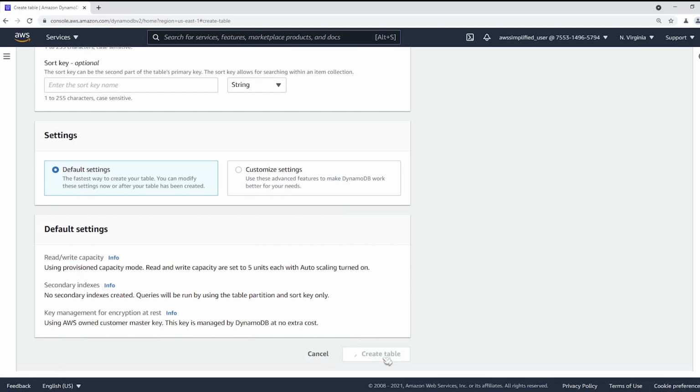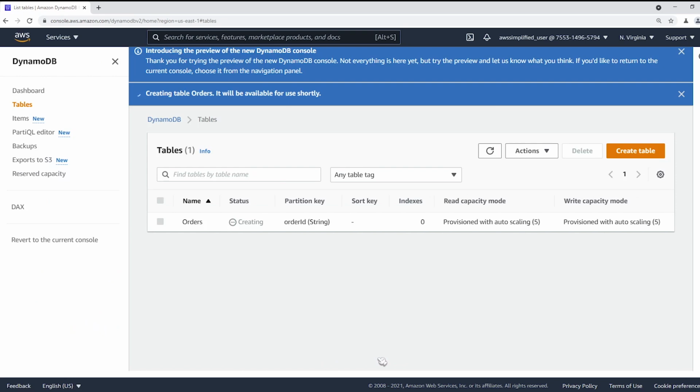And go ahead and click on create table. Sometimes this does take a couple minutes in order for this to change from creating to active, but it doesn't really matter for us since we can go and create our other infrastructure while this is doing its thing. So let's head over to Lambda now and go and create our Lambda function that's going to be processing the stream of change events that exist for this table.